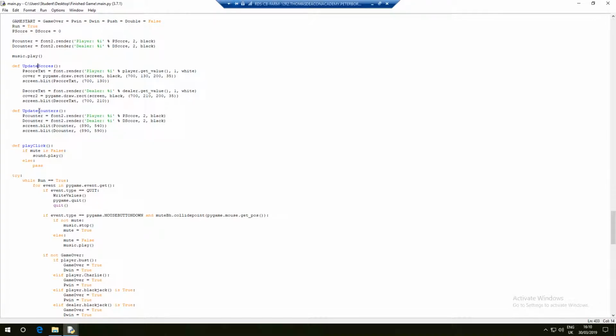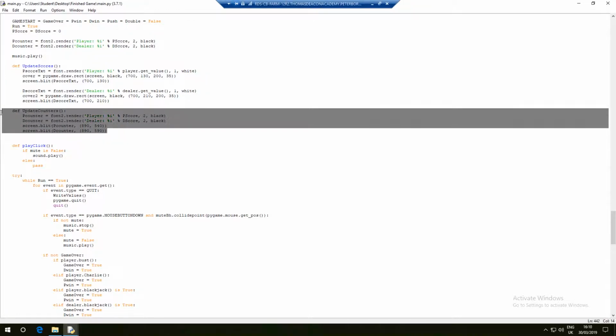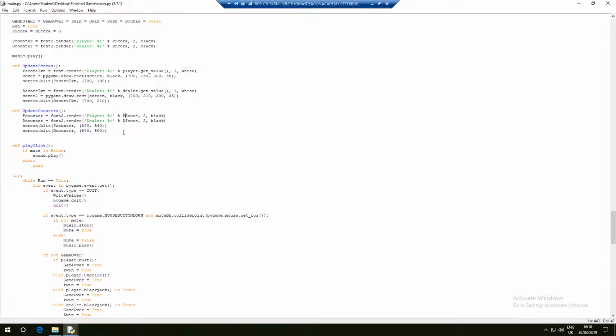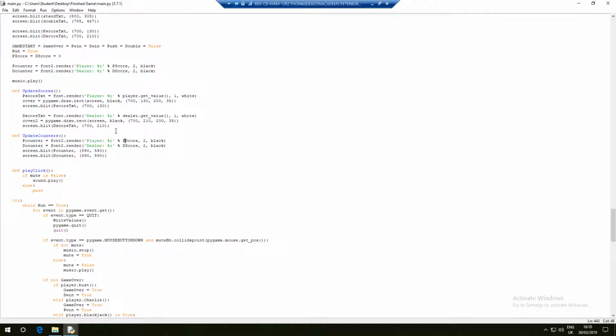For the update scores and update counters procedures, the only thing I need to do is run these, and it will update the counters or update the scores. This is useful because I need to update the counters and scores regularly. So instead of having to do it manually every single time the player's score or the dealer's score changes, I just need to run the procedure,